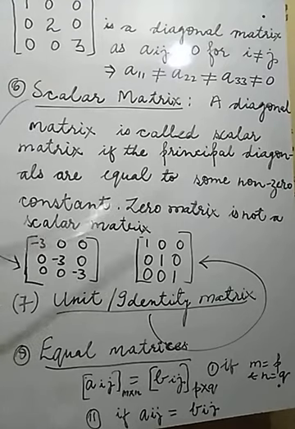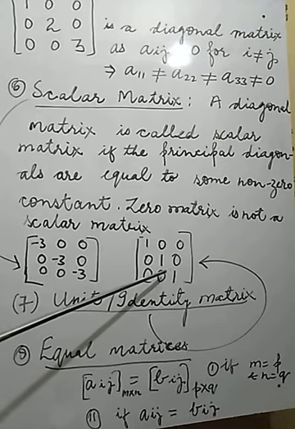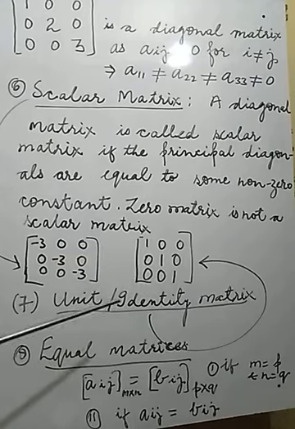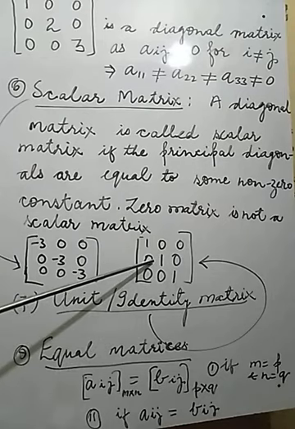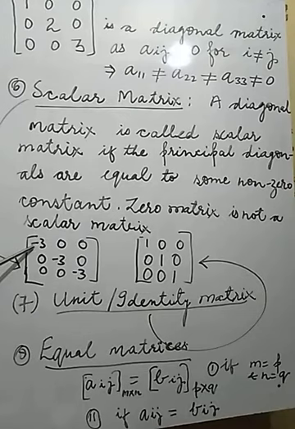You may observe here. This is the basic difference between scalar matrix and identity or unit matrix. Only 1, 1, 1 is taken. So that is an identity matrix or unit matrix. If any other constant except 1 is taken here, positive or negative, so that would be a scalar matrix. But this value must be constant. A fixed value will be taken. And here a fixed value will not be there. Variation in values would be there.